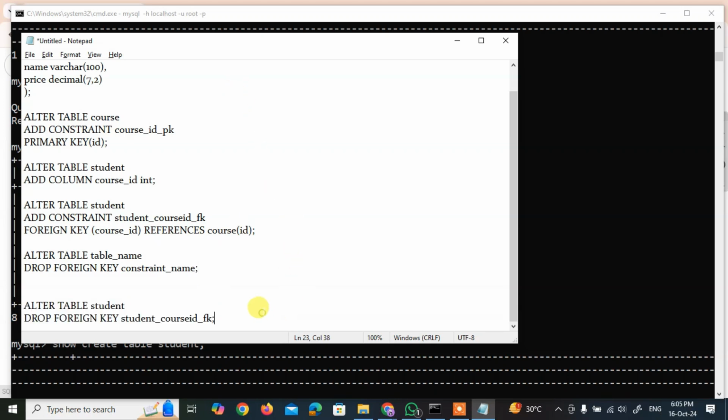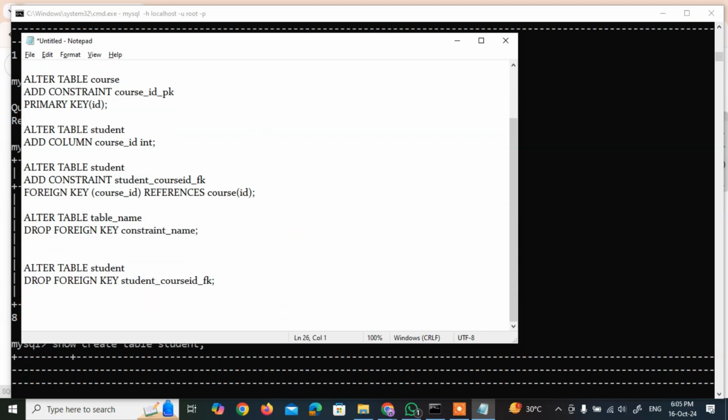All right, now moving to the last bit where we want to rename the table. So let's say I want to rename the table student to student master. So how do we go about it? We will simply say alter table table name.